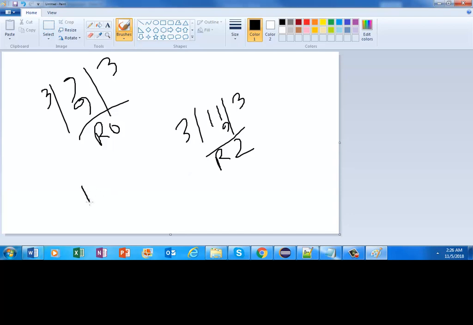If you write something like this, 11 modulus operator 3, the result will be 2. If you write 11 divided by,